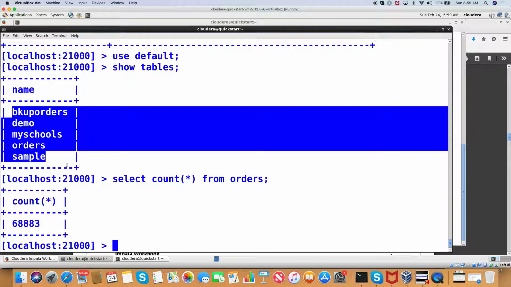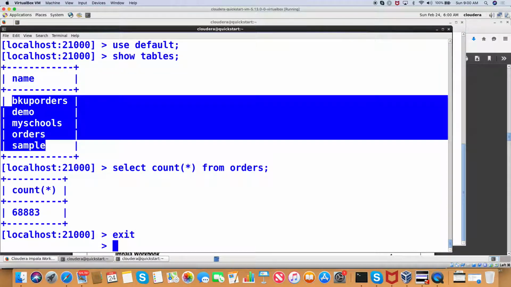How did you get it? Where is T schools? I don't have T schools. Do you have T schools? No. Mahesh also does not have T schools. Other tables are displayed. Right? Now,